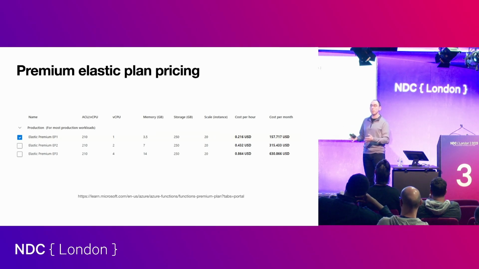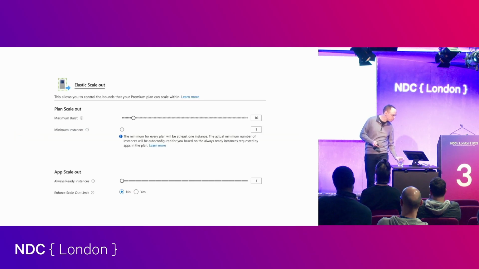So this is where we get back to the layer of abstraction idea, where the promise of serverless is that we're only paying for compute, but now we're not paying for compute, we're paying for a server to sit here. Again, that layer of abstraction idea. We know that there are servers under the hood, we're not managing those, but now we are still paying to be guarded against cold starts, as it were. But it is one option.